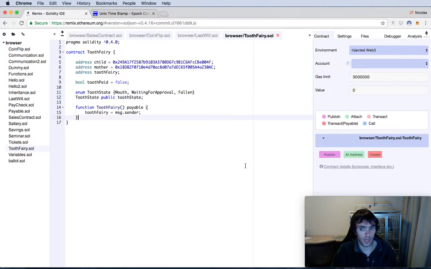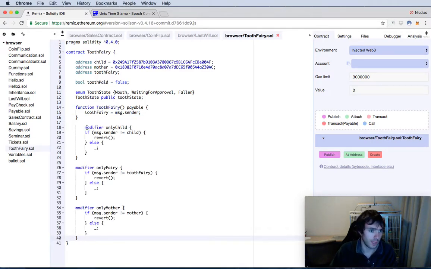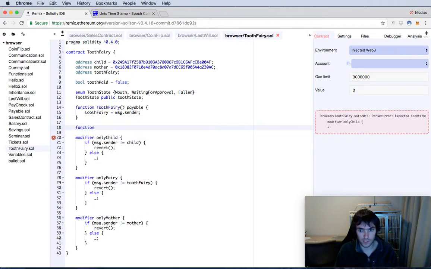And that's very good for us when we are programming. So we will have a lot of modifiers for only child, only father, only owner. They will be like this. Because some functions will only be called by the child, others only by the fairy, and others only by the mother. The mother will be responsible for approving if the tooth has really fallen or not, and the child will be the only one that can tell that the tooth has fallen. So let's begin with the child with the function toothFall. This function will be onlyChild,